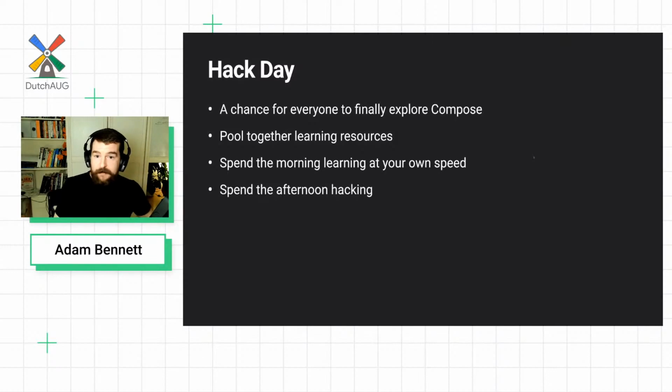So start building things. And what I would say is maybe temper your expectations a bit in terms of what you can build. I think a lot of people will kind of launch into this and try to replicate something like the Spotify UI or something fairly ambitious. But for a lot of people, Compose is a completely new paradigm, completely new APIs. If you just manage to create a page with a button on it that increments the counter, then that's a really good achievement if you've never looked at it before. But this is some dedicated time to do this coding.